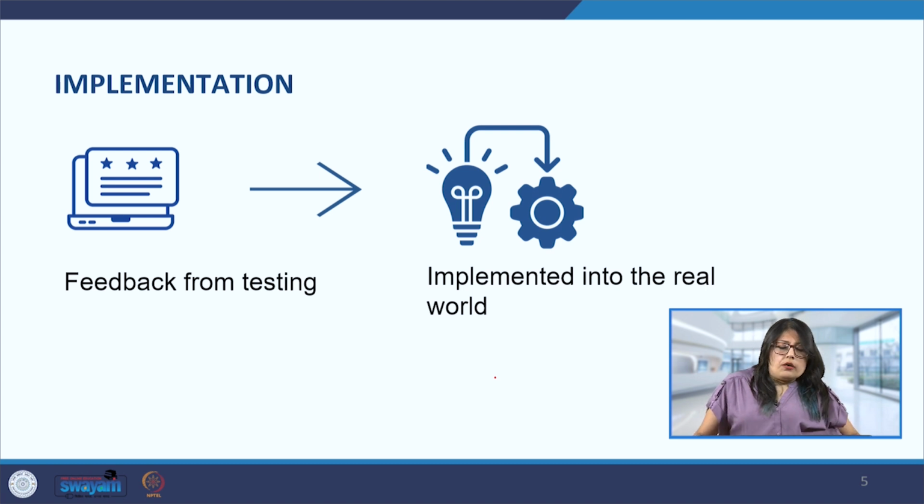Now, the full scale launch happens once the pilot testing is successful, and then of course training and support is required because there are many other aspects involved. There are people who will be delivering this water, and they will be at the village level or the community level, they will be the leaders and other stakeholders, the healthcare workers.